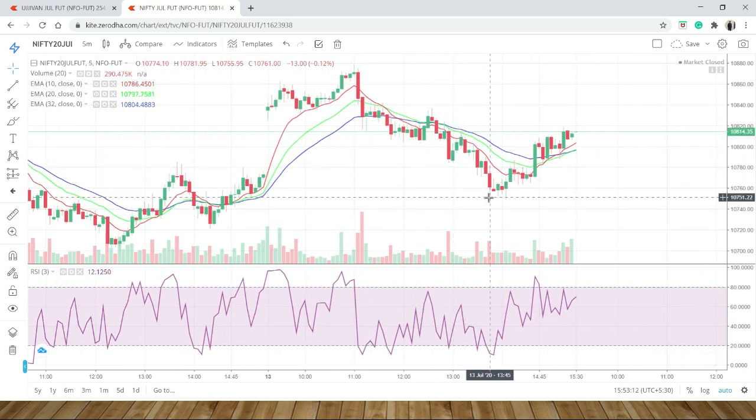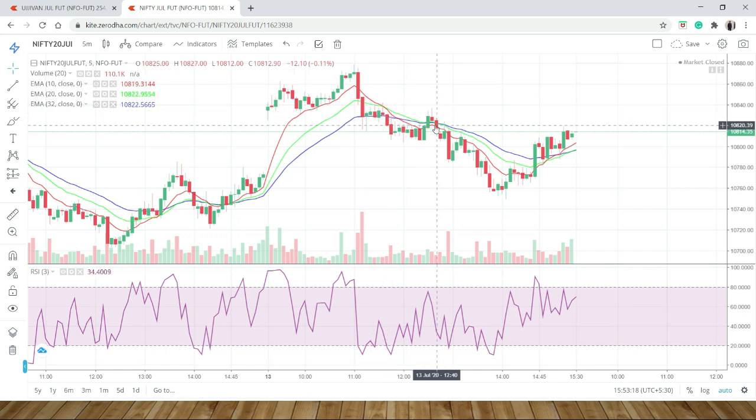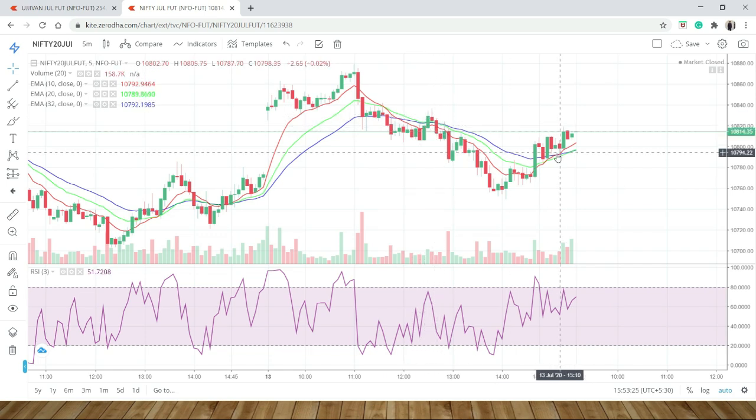And if in a day the market is in a zigzag form, like my moving averages are crossing each other 1 or 2 or 3 times, let's say over here one time is crossover, a second time is crossover, and a third time is crossover, then on that kind of day we have to avoid trading. So if this kind of day is there, then we have to use a different setup. This setup is only valid when the market is gap up and is trending, whether it is upward or downward.